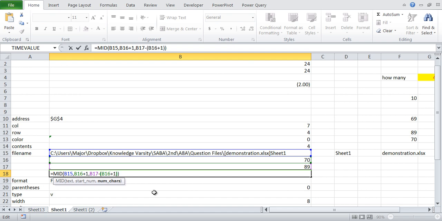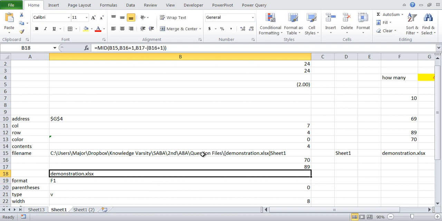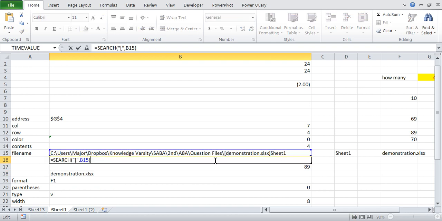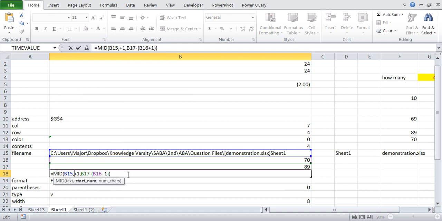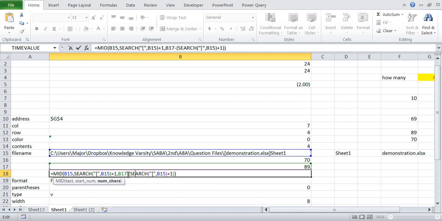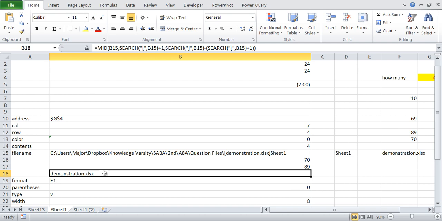I am putting it in brackets because we want to extend that, and it comes out as demonstration.xlsx. The only thing is, you have to substitute the search in B16, and then in B17 you substitute this function, and then your work is done. So demonstration.xlsx.